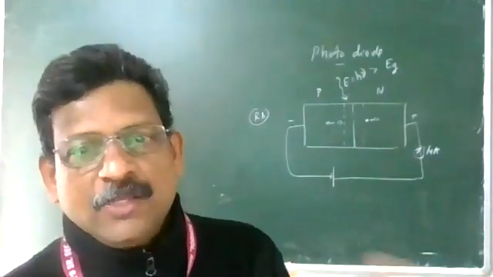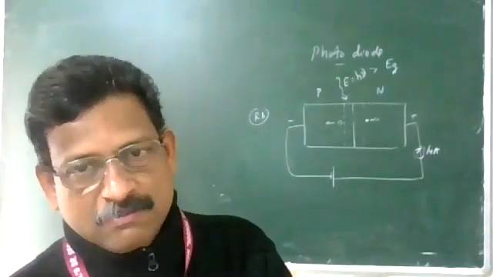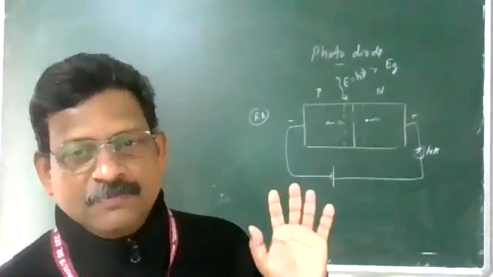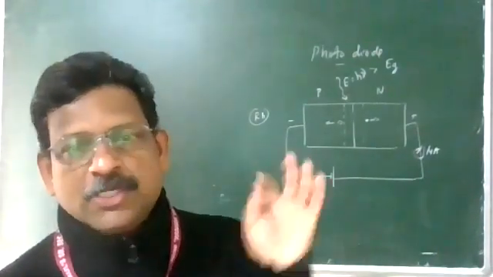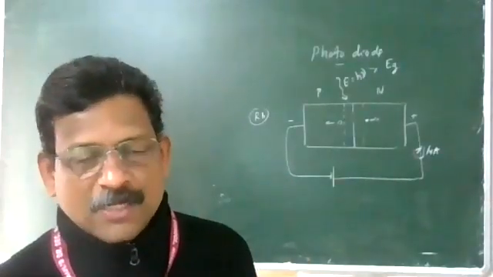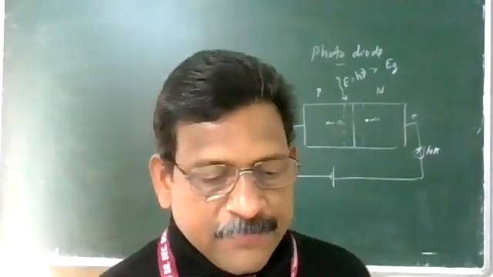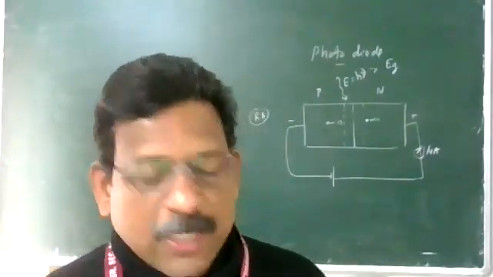So you can detect if any other light is coming. Burglar alarms are based on this. If there is a light coming to the signal, that will produce electricity, which can be used to produce the sound, etc. So this is the case here. Next, what is the working I am explaining here?